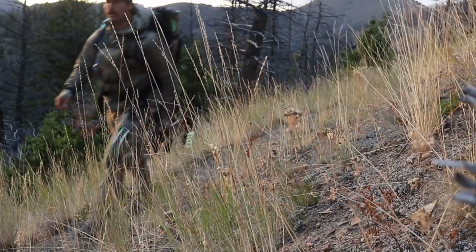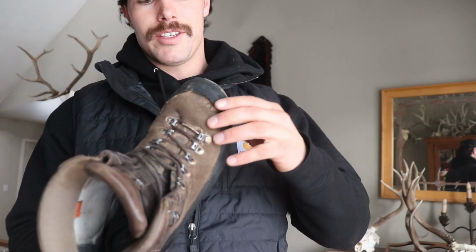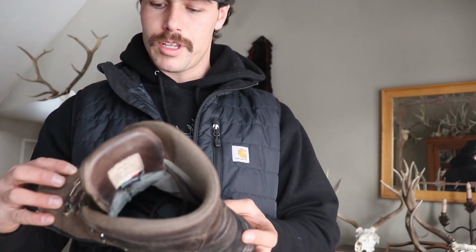On an average year, I'm using this for every season pretty much. Even in spring bear or shed season when it's warmer, and early season bow hunts, just because of the waterproofing that the leather provides. CRISPI sells their own mink oil stuff to waterproof and treat the leather, and I use that religiously every trip. But you can still see this leather is definitely worn. I don't even think it's worth resoling them. I'm just going to get a new pair, because